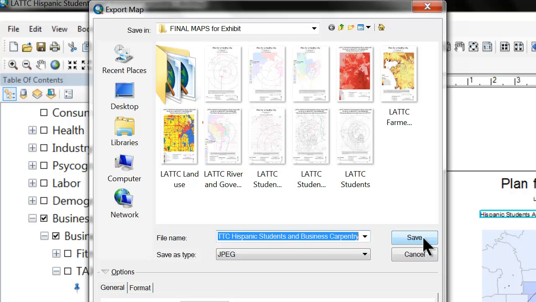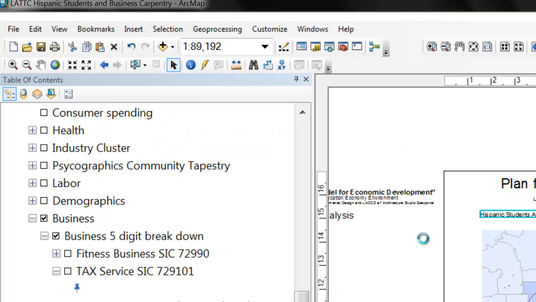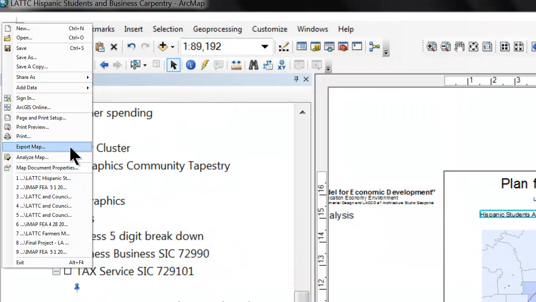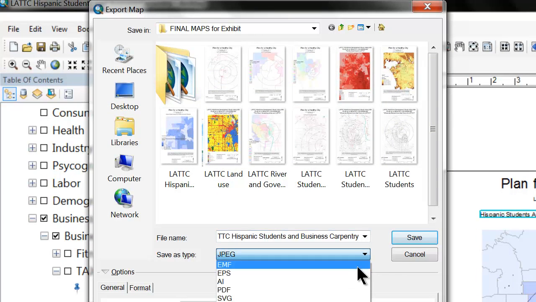So now we're going to go save. Now we have it as a JPEG. We have the skeleton. And now we're going to save it as a PDF file. And you guys have access to all this data, and also you have this video that you're watching. So here you're going to go here, export map. Now I'm going to save it as a PDF